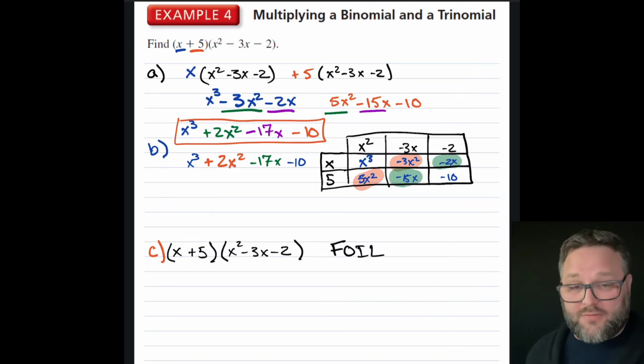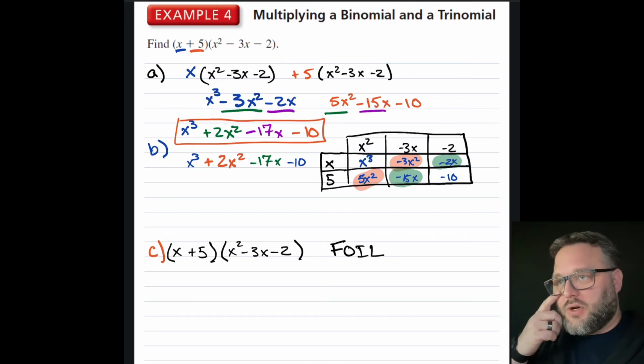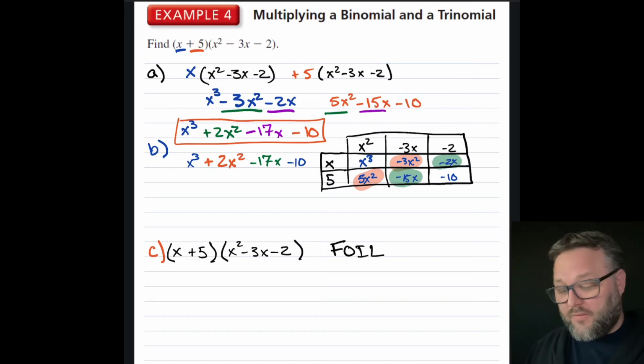This, I believe, is one reason why people get confused by FOIL. FOIL is for binomials. We can still use the concept, but it doesn't transfer exactly. Everything we've done so far has been exactly what we did before. It's just adding that extra term to make a trinomial and a binomial. FOIL, you can't really do that